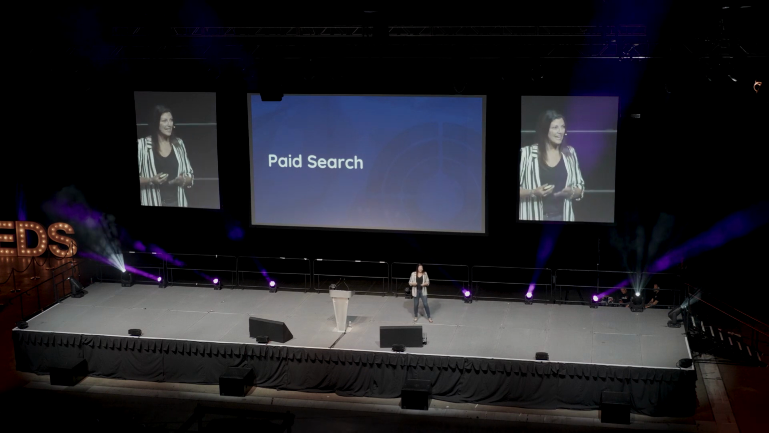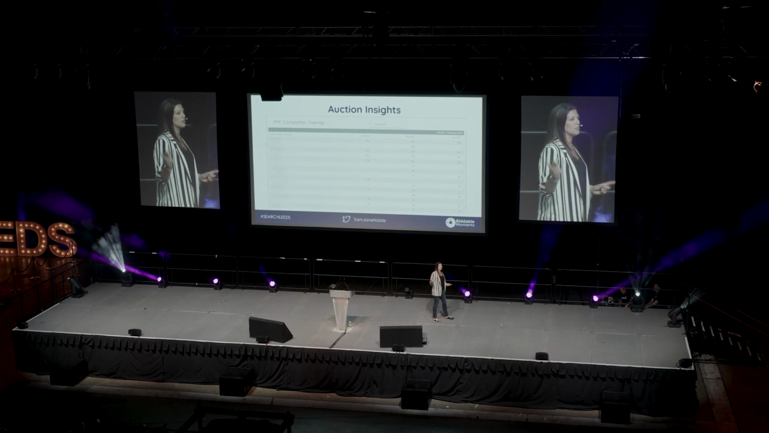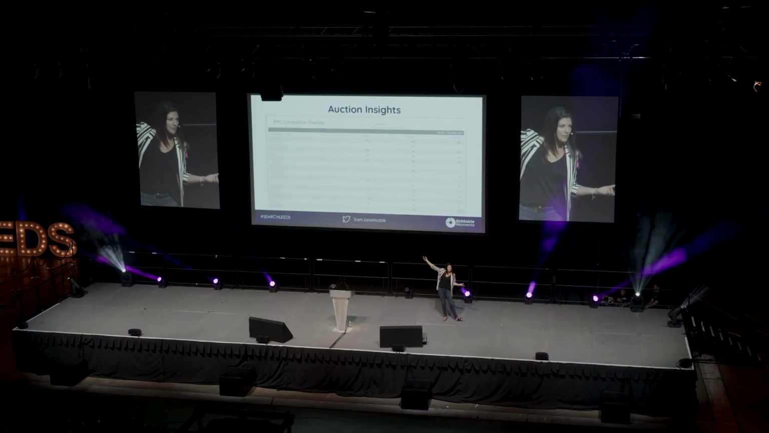Paid search, again, works with that. So in this example, this is the Auction Insights report. So if you work in paid media, or organic, this is going to be really, really useful for you. Auction Insights allows you to understand the competitors or the other advertisers that you're up against in the landscape that you're advertising in. You would be able to see, if I hadn't blurred it out,